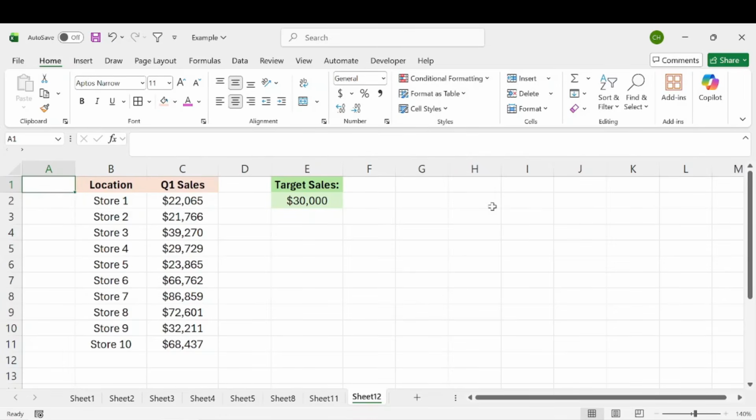All right, let's talk about how you can change a cell's color or format based on another cell's value in Excel. So here in our example, we have some storefront locations for our business, and we have the Q1 sales that those stores did for that particular quarter. And right here we have our target sales amount that we wanted each store to achieve, which is currently listed